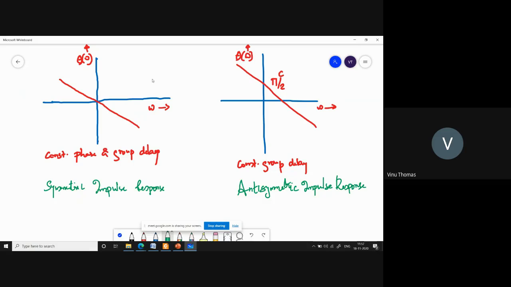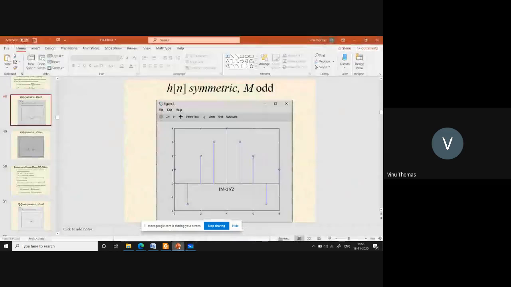And you also have to understand that when the length of the filter is odd, there will be a central sample that will be the point of symmetry. And when the length of the filter is even, there will be a central point that is a point of symmetry or the point of anti-symmetry, and this point will be between 2 samples. So, as you'll be seeing in the presentation here, this is the case when h of n is symmetric and the length M is odd.